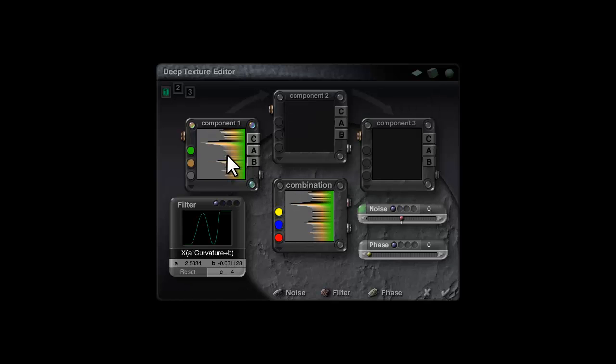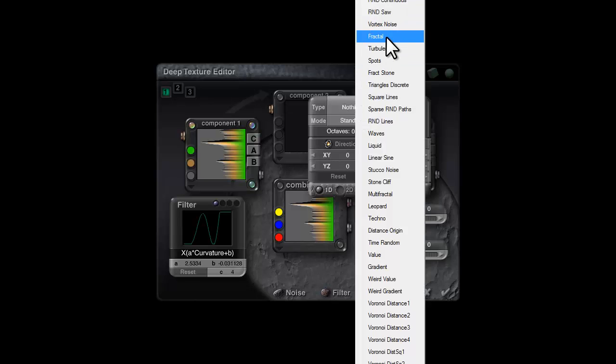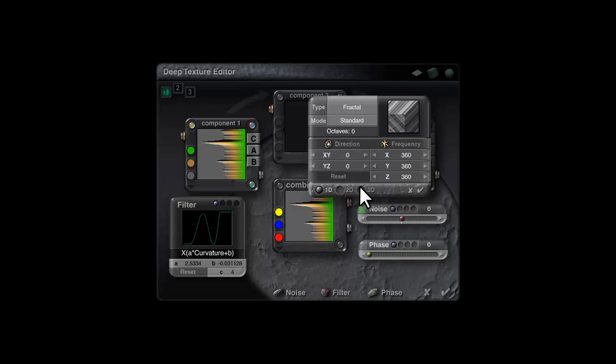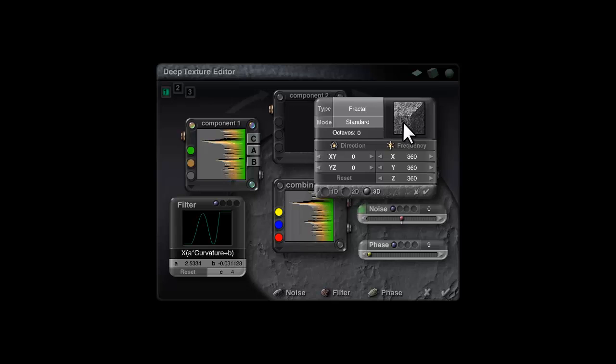I'll just click out of there and give some bump, and this is just some horizontal banding on what is going to be our rocks, and then I'll disrupt this with fractal noise. I'll make it 3D so it disrupts in all dimensions, and then I'll just add a bit of phase to that. So what's happened is that the lines have been pushed around by the fractal noise that I've added, and